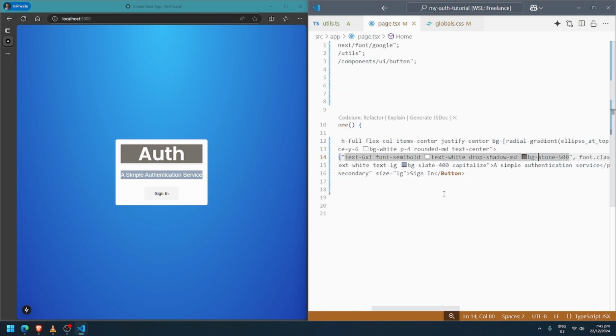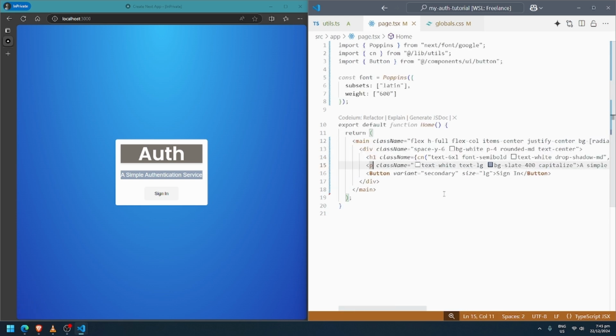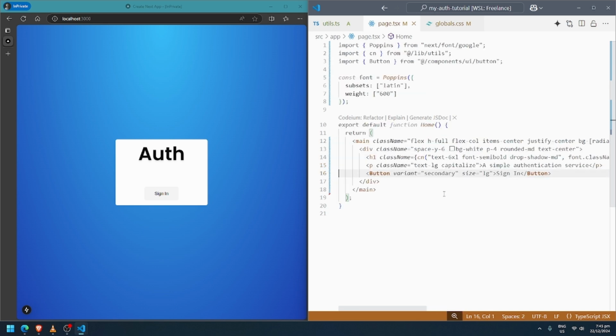And in this one, let's remove this tone 500, and let's remove this BG slate 400. Let's remove this text white, and also this text white here. Alright, so we have now that simple form, or auth, simple authentication service.